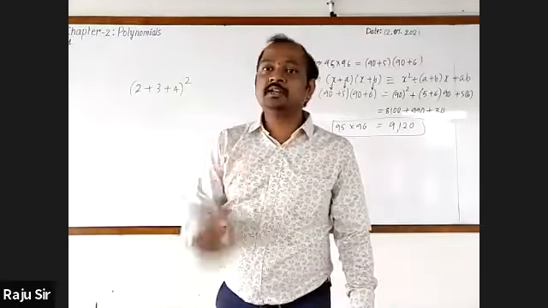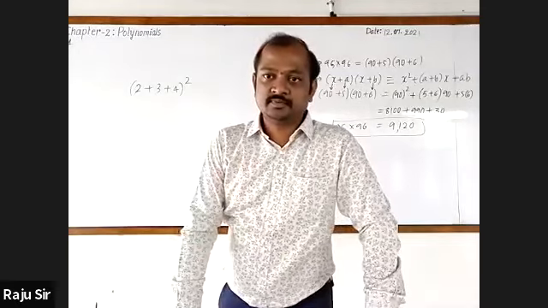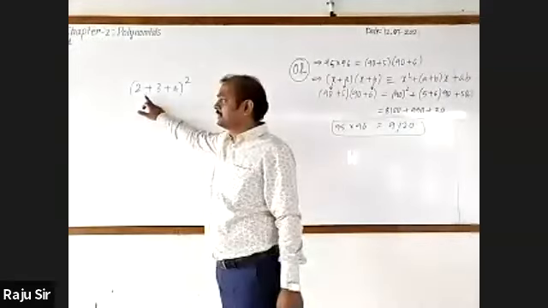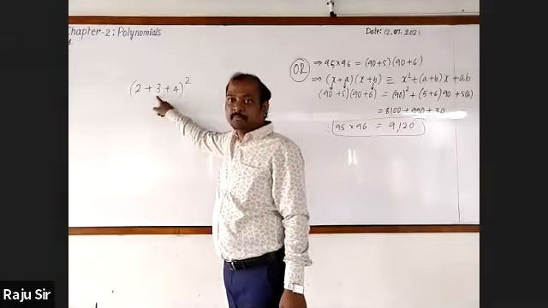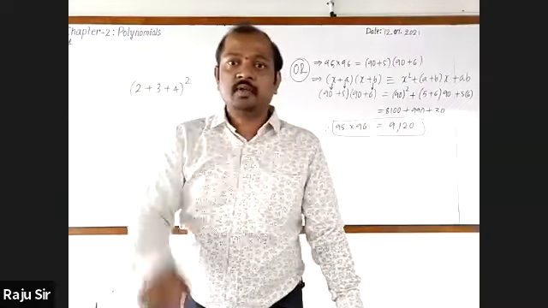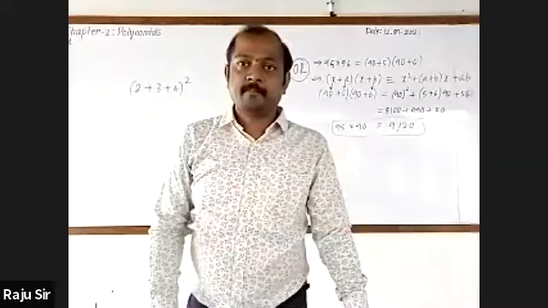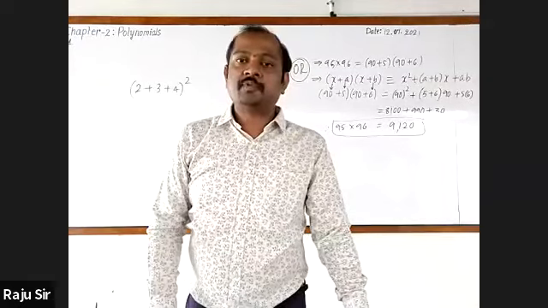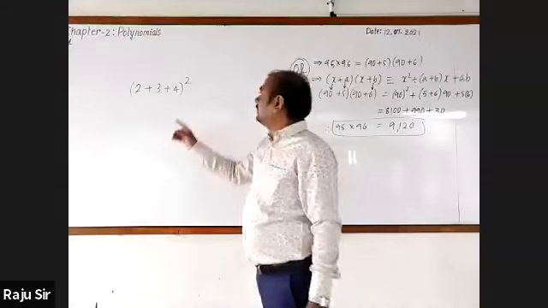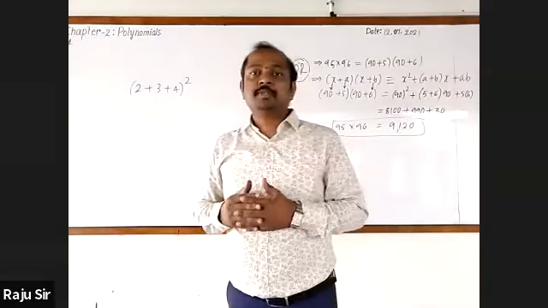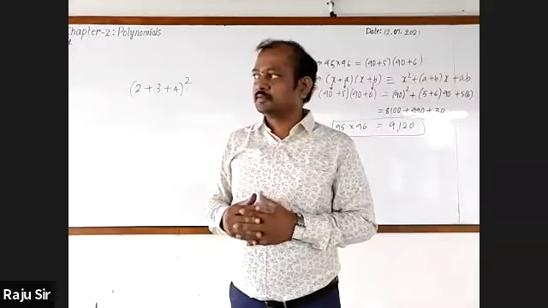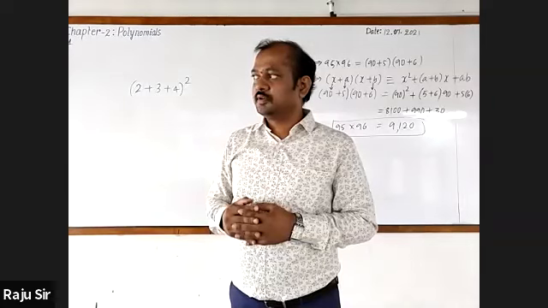Which identity can be used? (a + b + c) whole square equals a square plus b square... Afrin, expand the (a + b + c) whole square identity. a square plus b square...